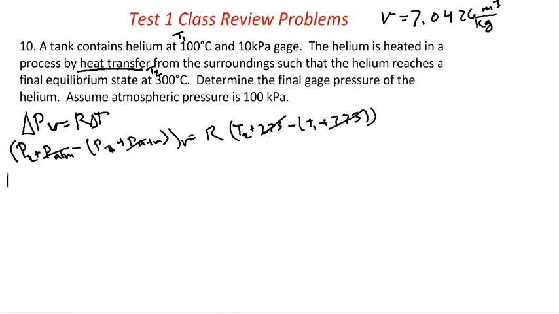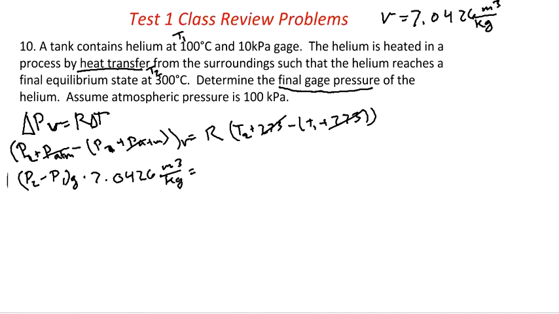The 273 is going to cancel out again, so I'm just going to be a lazy bum, and since the final answer is in gauge pressure, then it's actually easier for us to keep this in gauge pressure. So we can determine that P2 minus P1 in gauge, these are both in gauge, that's not a constant, it's just a little subscript, times 7.0426 meters cubed per kilogram